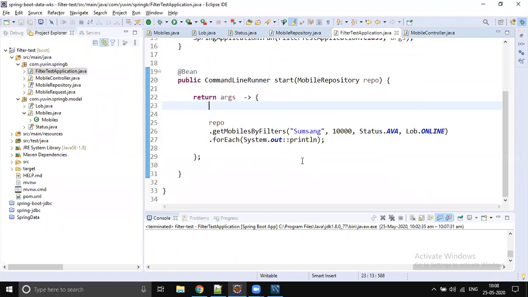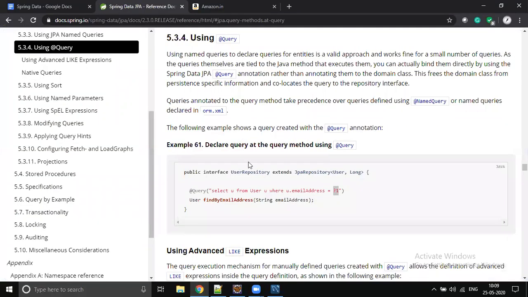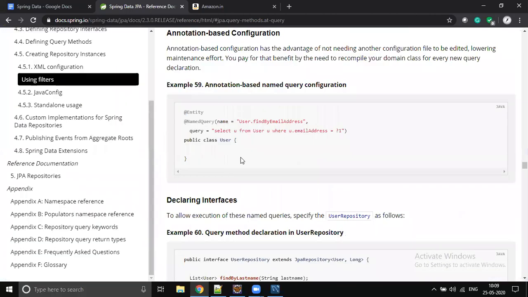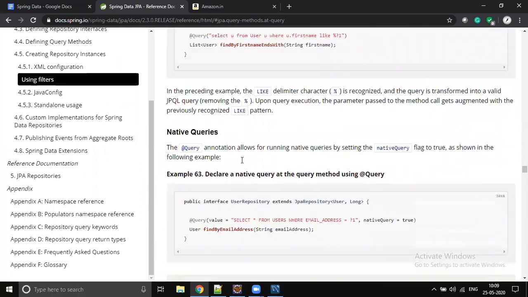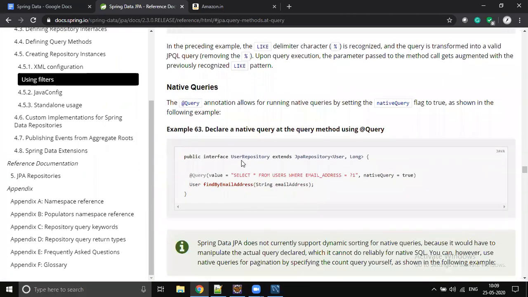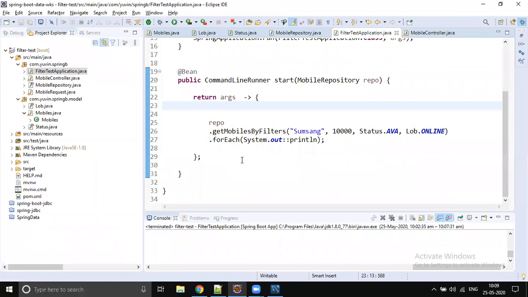Sunil, I have a question here. Suppose I want to get the max of the price or the minimum of the price. How can I do that? Find by can be sufficient for your requirement. Just go and check in the find by, there max should be there. Okay, so for that find by is enough. No need to write any query. If find by is not there, then we can write a query, max of that column.